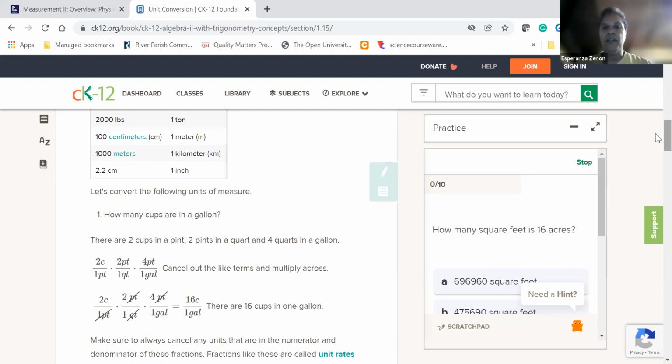Okay. Now, on Thursday, I'm going to pick from some of you your sample problem, and we're going to take a look at it. So you come up with an example problem that deals with unit conversion. I want you to work it out, and we're going to take a look at